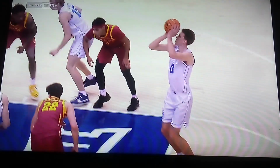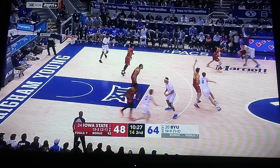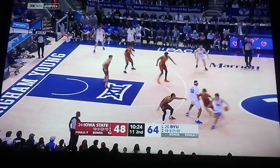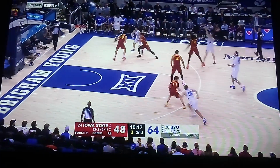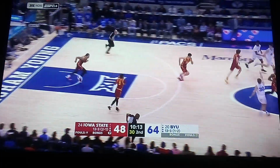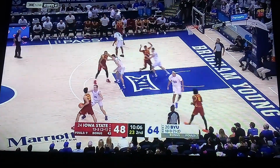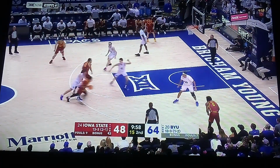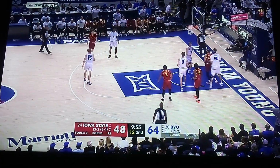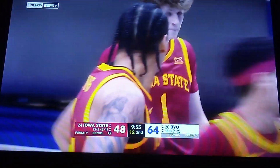So we go back to the flagrant 2, and it's the left arm initiating contact, the elbow right underneath the chin of Saunders. It's not only initiating right there with the shoulder, but then he extended through the contact. Saunders with the shot clock winding down, lets it fly. Jones the rebound. See if Lipsy can restore some order if you're Iowa State. Tough environment on the road, down 16 without one of your more physical and athletic players for this home stretch run. Lipsy gets caught up in the air, trying to lob it into Jones, batted away by Hall. Just been nowhere for Iowa State to go. What BYU has done defensively,